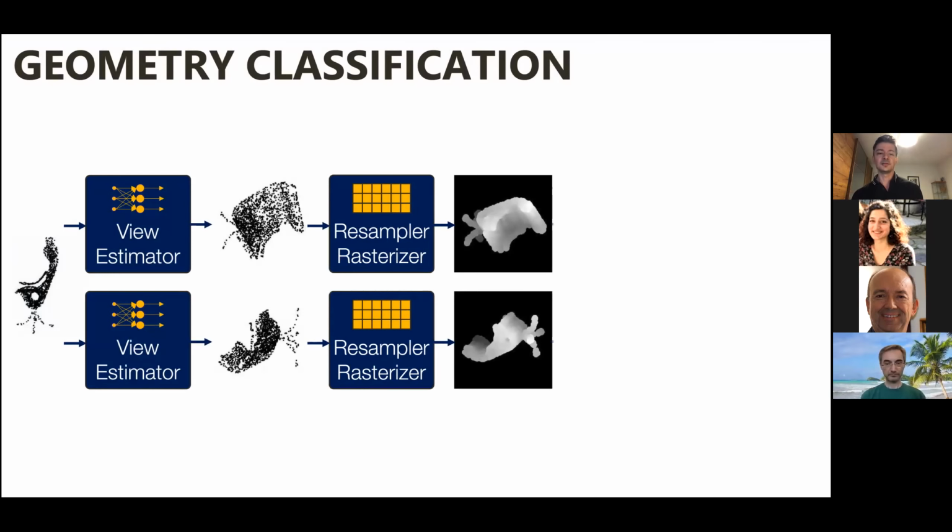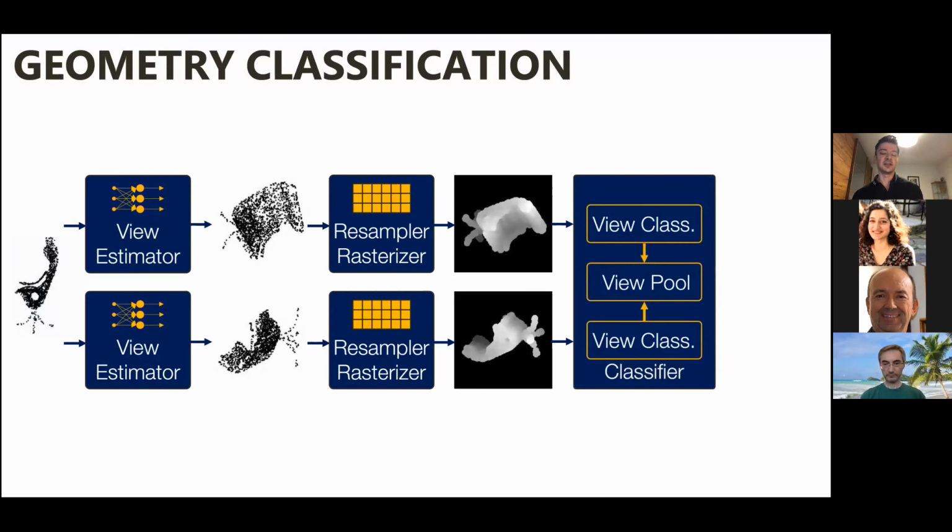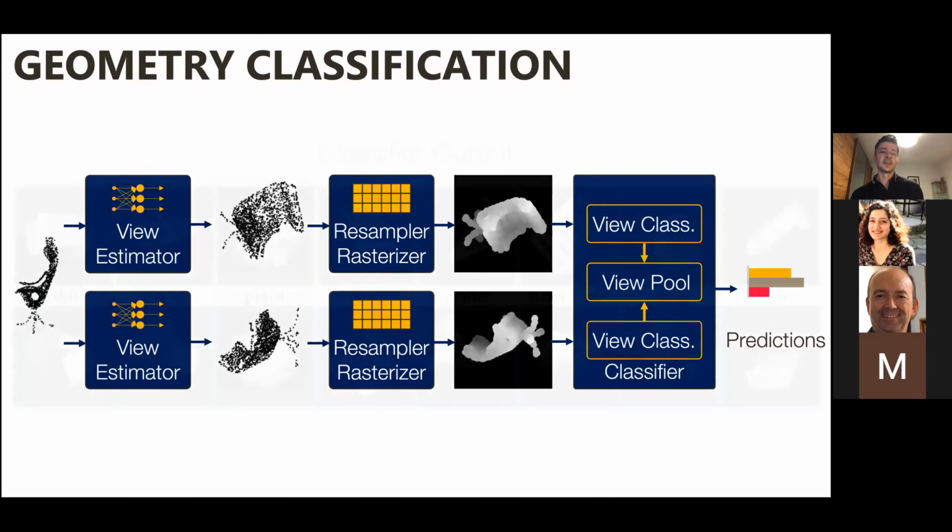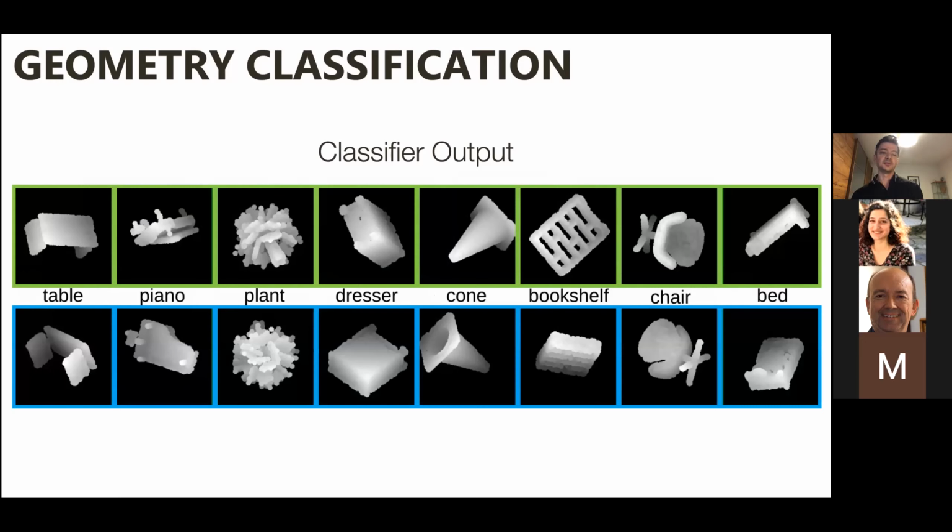And you can use a classifier, an image classifier, to basically classify multiple views. In this case, I'm showing 2 views, but you can imagine going to n views and basically doing a pooling and getting your classes out. So this is almost the same system, but now it also works for classification. That's something we also published a couple of years ago. And this is the output you get. Actually, we could get quite nice, quite accurate classifiers.